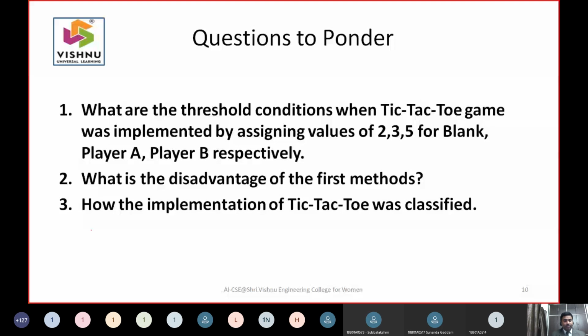I said at the start of the class that we have almost 21 different ways of implementing this tic-tac-toe game. Last class I also brought the implementation. In the next class we'll see the implementation of the tic-tac-toe game using Python. Many different programs are available outside, and if you have intuition or interest to develop this type of game, just contact me. If you have any questions, just unmute yourself and ask now.